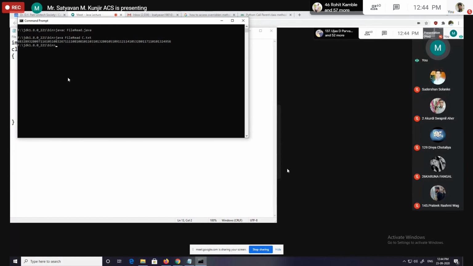Then see what output I have displayed on the screen. 68. What is the 68? 68 is nothing but the ASCII value of capital D, and that is displayed. And then after 68, there is a 32. 32 is nothing but the ASCII value of the space character, because in our text file, our c.txt file, there is a space.